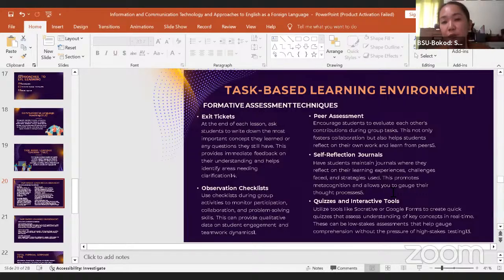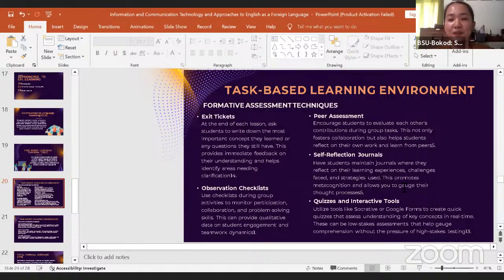Okay, another one is the peer assessment. The students are so much comfortable if we encourage them to evaluate the contribution of each other in the group task. Okay, and of course, there is the self-reflection journal. This is so popular in the Philippine setting, in the classrooms.